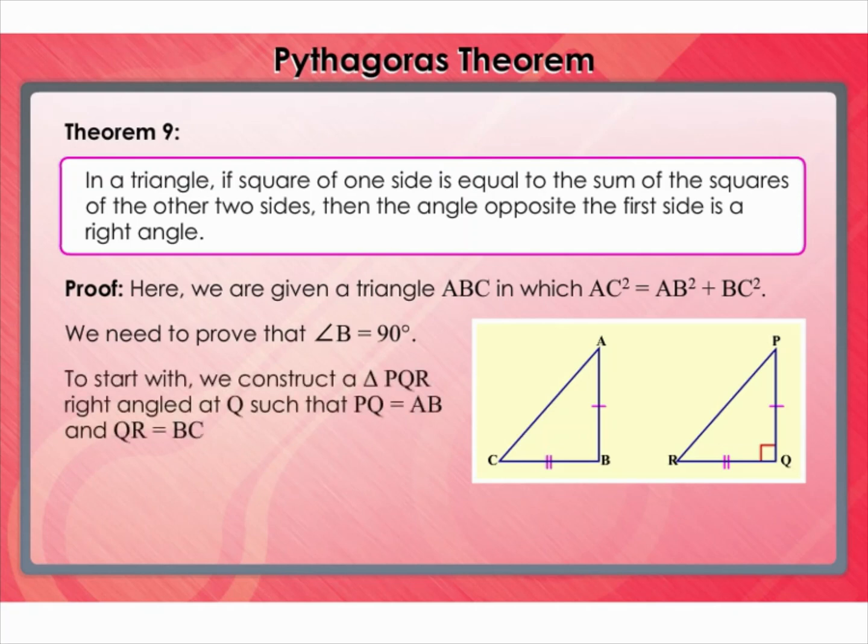To start with, we construct triangle PQR, right-angled at Q, such that PQ is equal to AB and QR is equal to BC. Now from triangle PQR we have